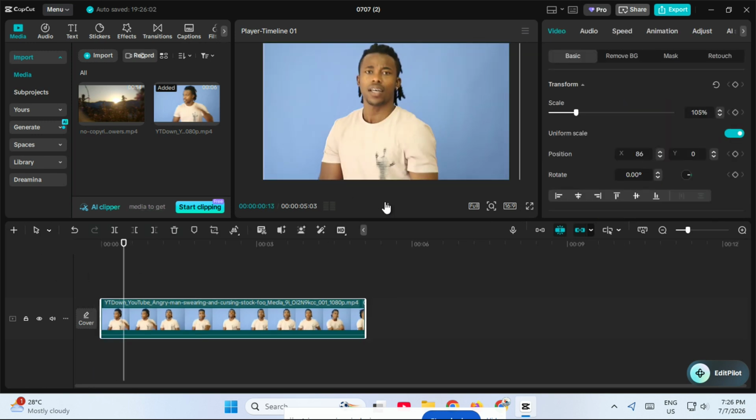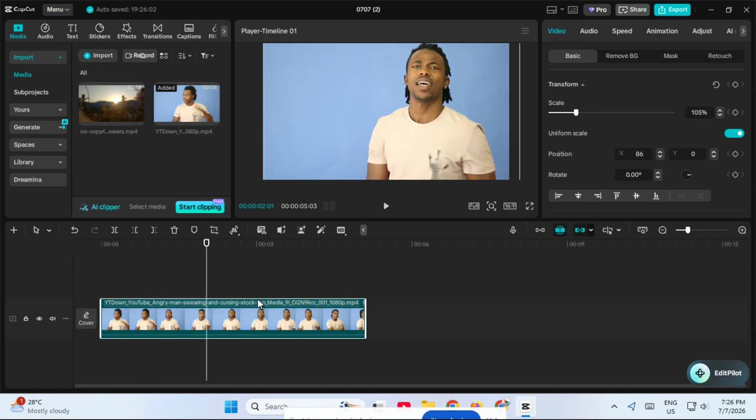By changing the ratio to 16:9, you've successfully converted a vertical video into a landscape video in CapCut. This is a simple but powerful trick if you want to repurpose short-form content or make your vertical clips usable